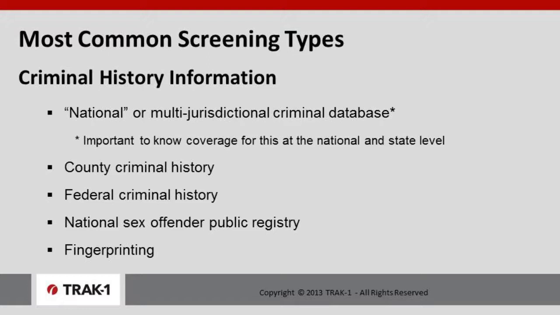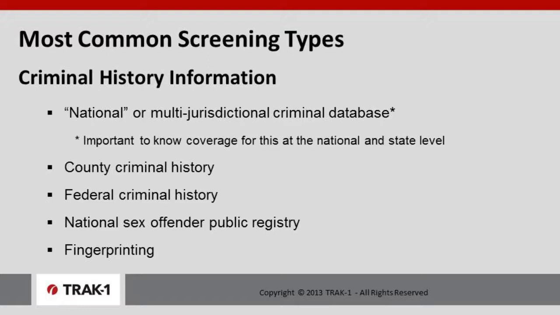Second, the second most common screening type would be some form of criminal record search. Now, I think it's really important to understand that no two criminal record searches are alike. Even if you ask yourself whether you're doing a national criminal search or a multi-jurisdictional criminal search, some national searches include things like national sex offender public registries. Some do not. Some national searches or multi-jurisdictional searches include terrorist watch lists. Some do not. So you really need to understand what is included and what is not included in your national